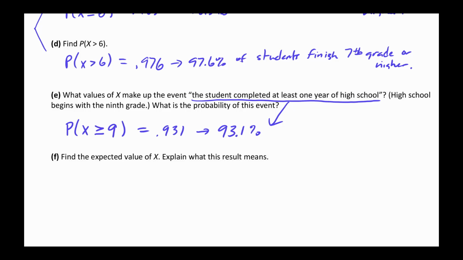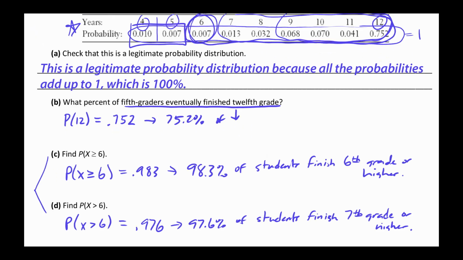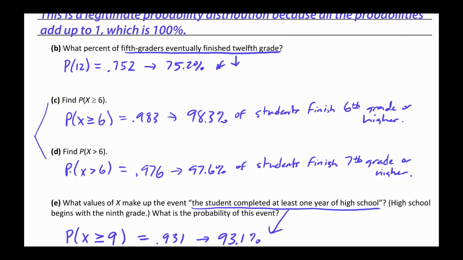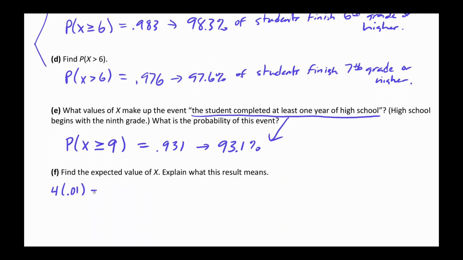And then F, find the expected value of X. Explain what that result means. So that means I'm going to have to find the weighted average. In order to do that, I take each amount of years times its probability. If I go back up to the table, 4 years had a 0.01 probability. Then I'll add 5 years with 0.007, 6 years, 0.007, plus 7 years, 0.013,